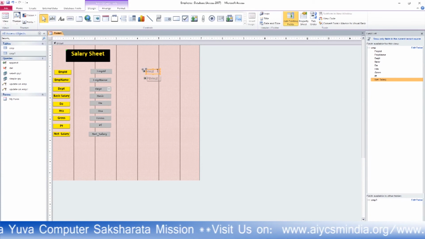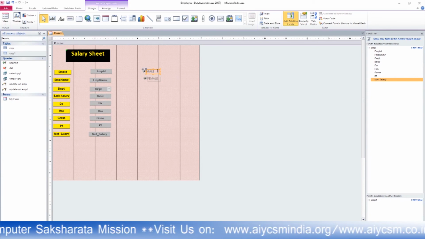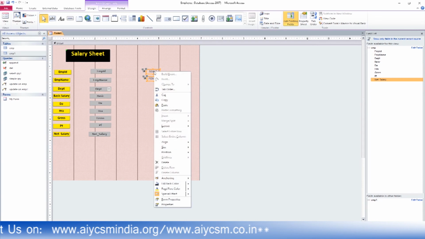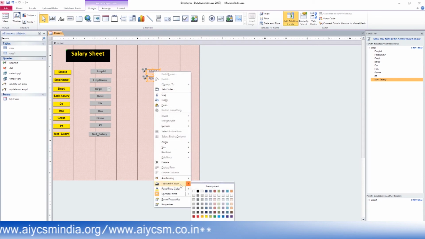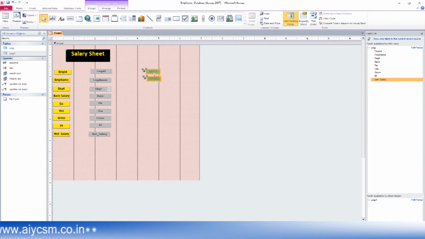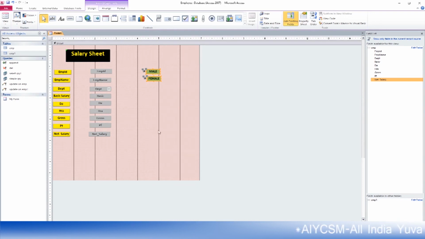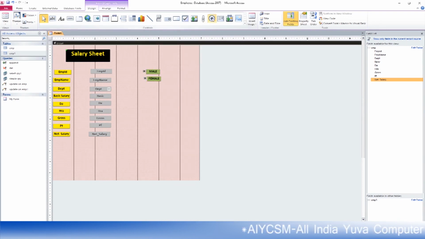You can bold it, center it. You can change the back color like that one. You can change the font color to black. These are the uses of the option button.